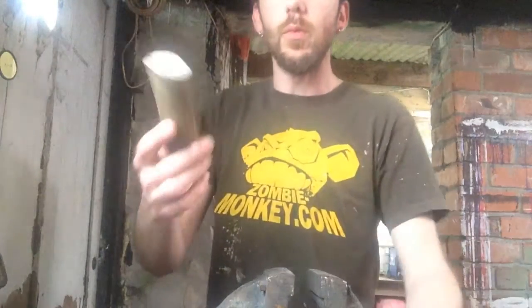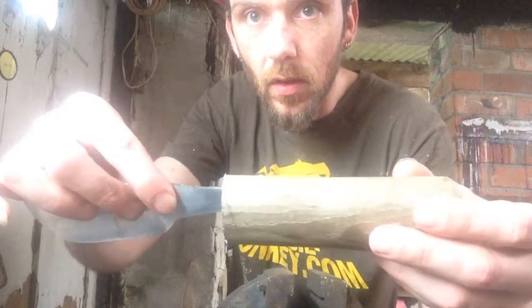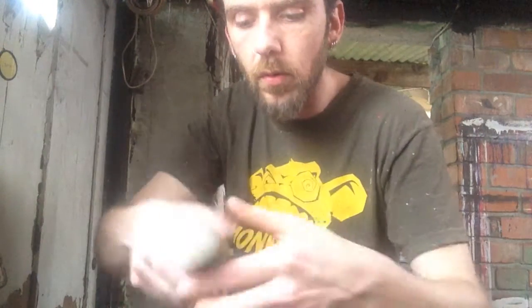Now I intend to take a chamfer off there, as per the drawing. But the easiest way for me to centralize this and start making the hole that the knife is going to insert into is to do it while this is squared away. So I'm going to go and get a drill and start making some holes so that I can burn this